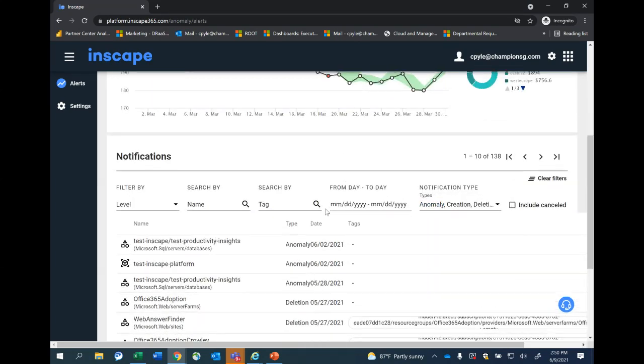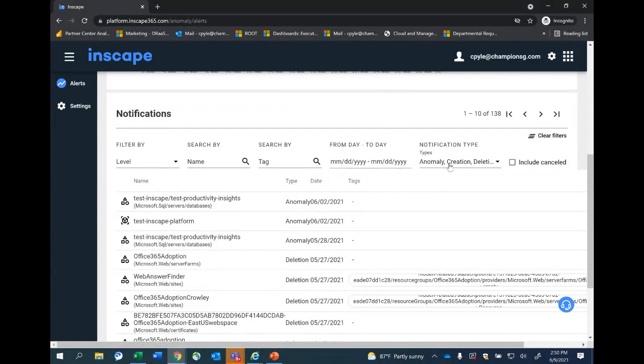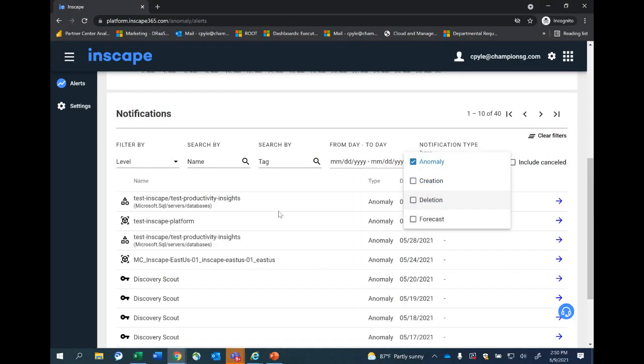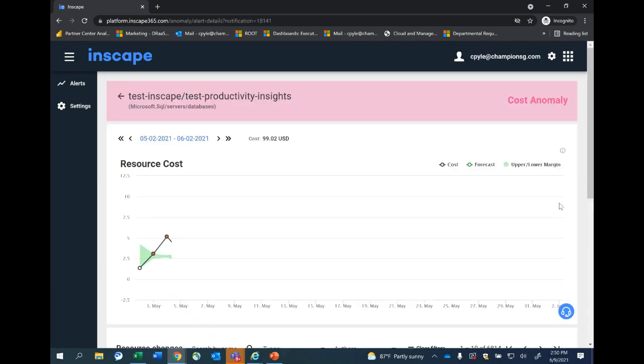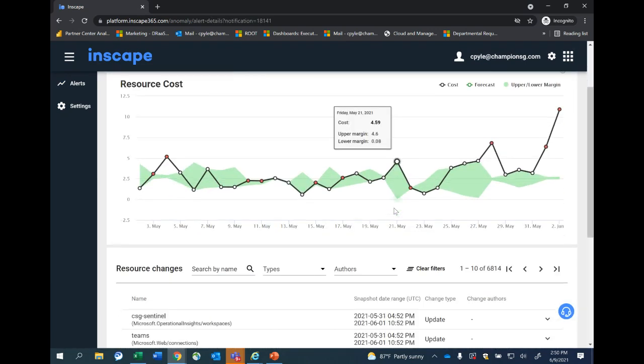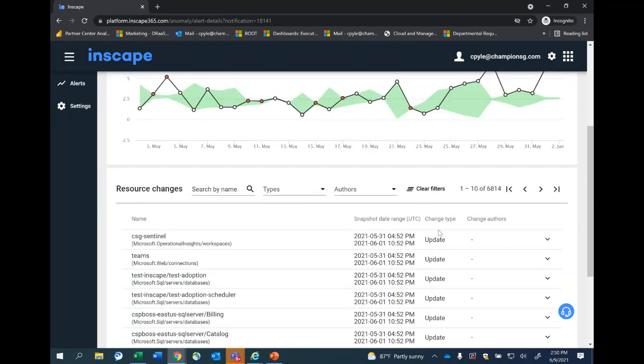And so in here, if you came up and said, I want to look at all the anomalies, you could say, great, there's an anomaly here, and you can then click on that. You can see that there was an anomaly. You can see what resources changed.